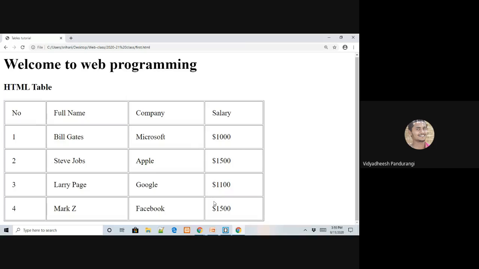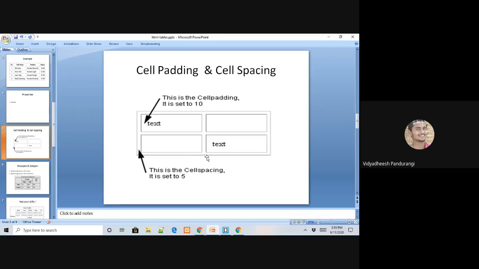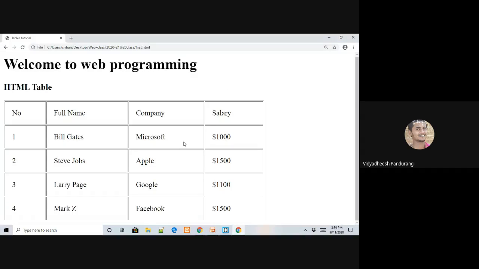Now we'll see what is cell spacing. In the entire table, in the entire outer border, we had a lot of cells. We can also provide some spacing between the outer border and the cell wall across all the edges.